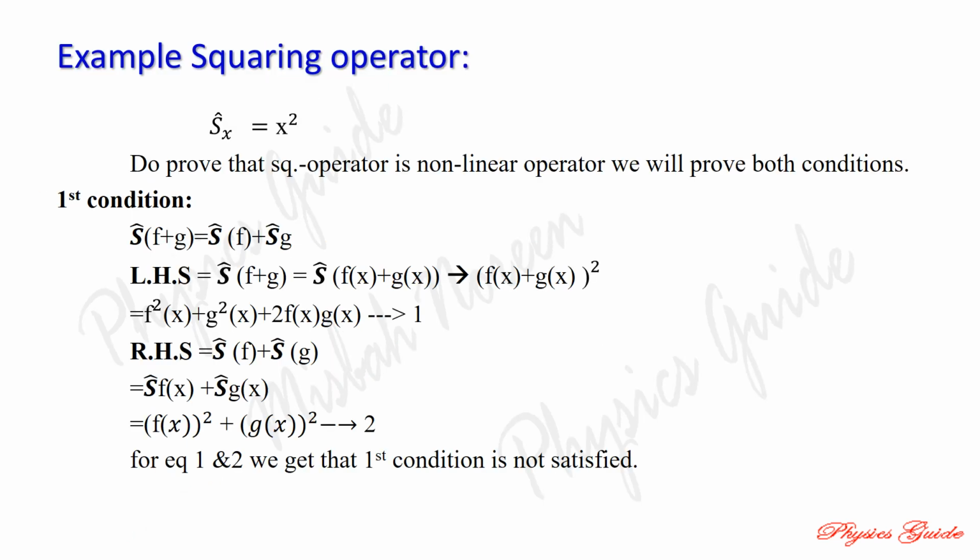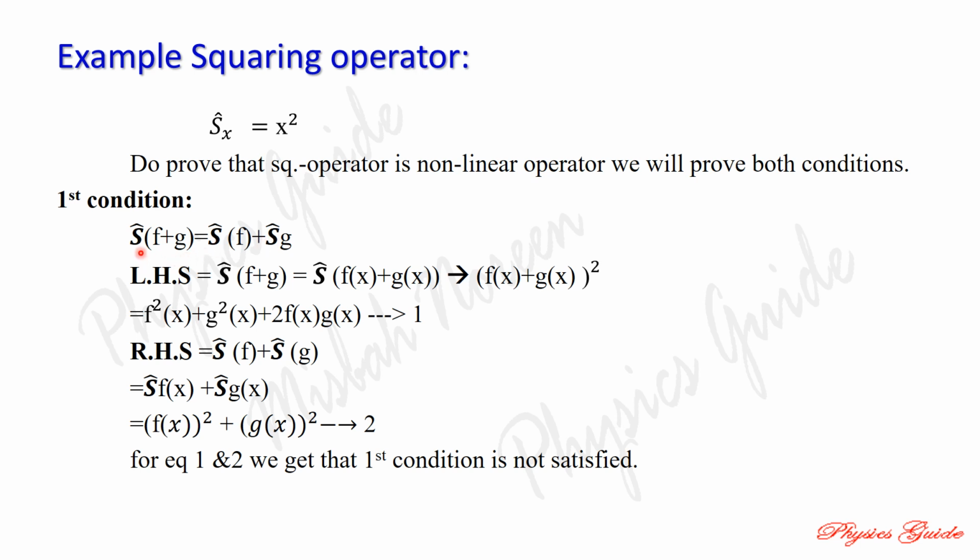Here is an example of a non-linear operator. The most important example of a non-linear operator is the squaring operator. So we take an operator S of x, simply S, which is equal to x square. So here is an operator, we take the square of x and prove whether this operator is a linear operator or a non-linear operator. To prove that the square operator is a non-linear operator, we will check both conditions. So the first condition is that